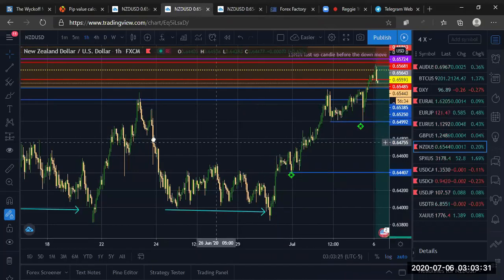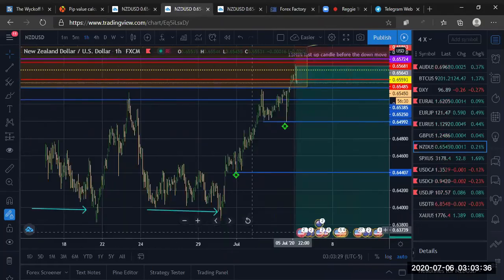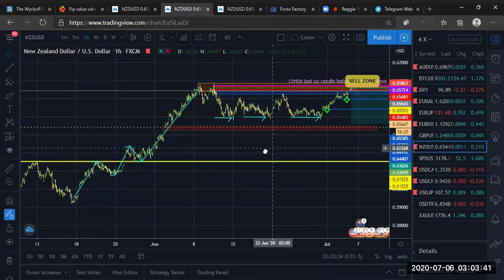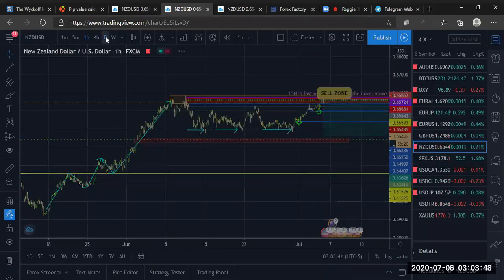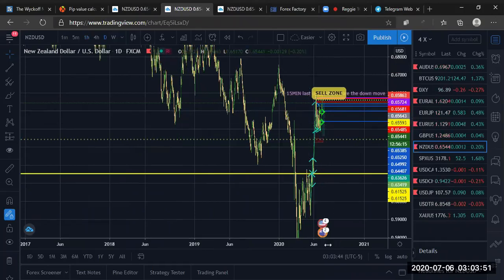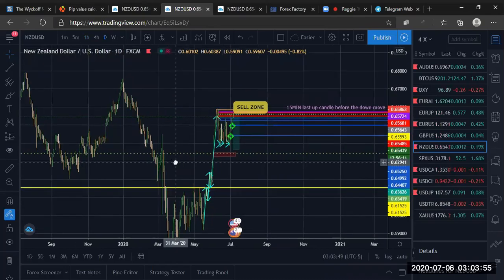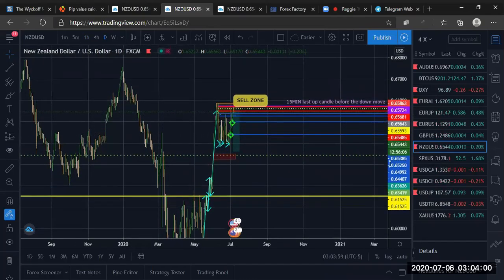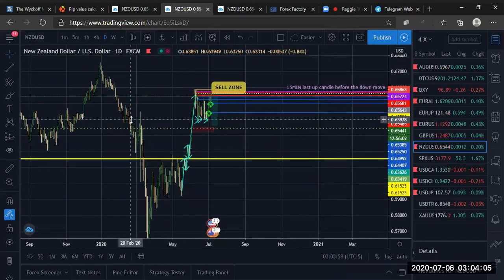So NU, I'm not too sure if I went over yesterday, but for NU, we've been in this little consolidation zone for a little minute. I know for AU, I said I was bullish because it had barely just broke a nice level of support. Now for NU, we haven't really done the same. I'm more confluent on the sell for NU than I am for AU. If you want to draw the field,